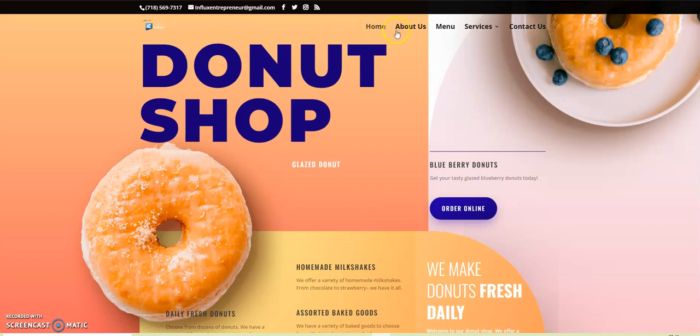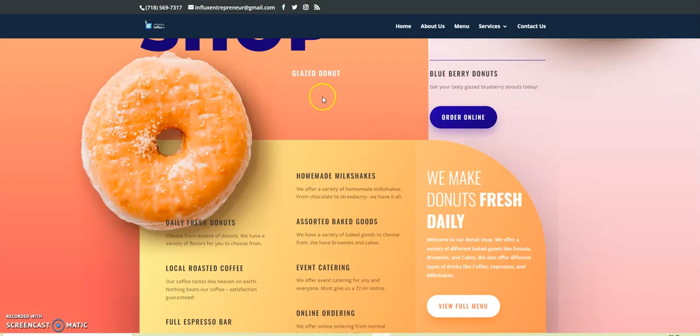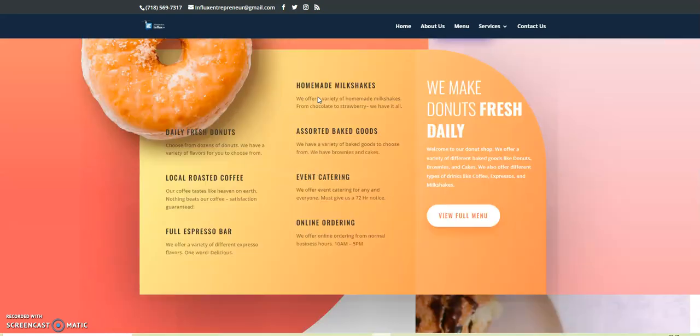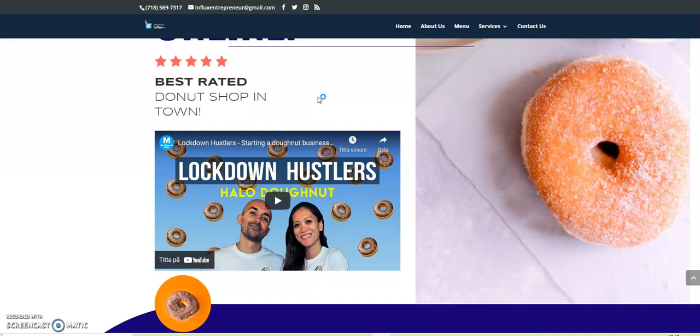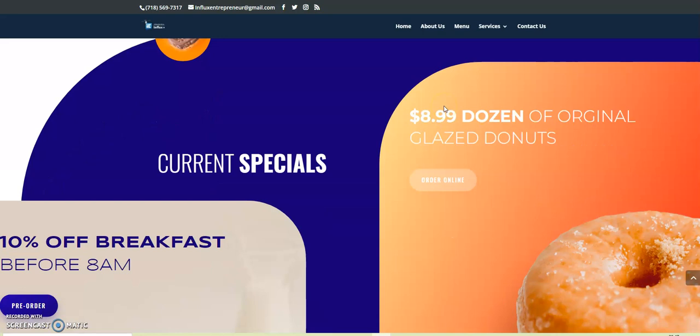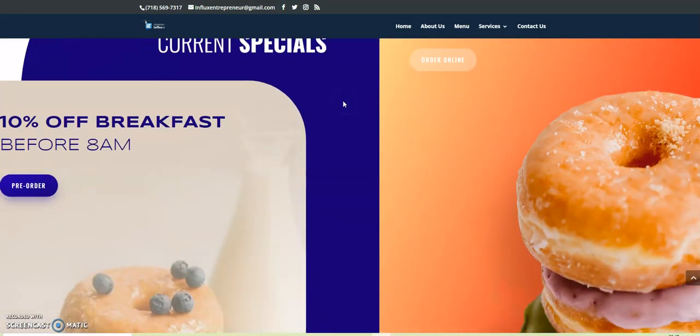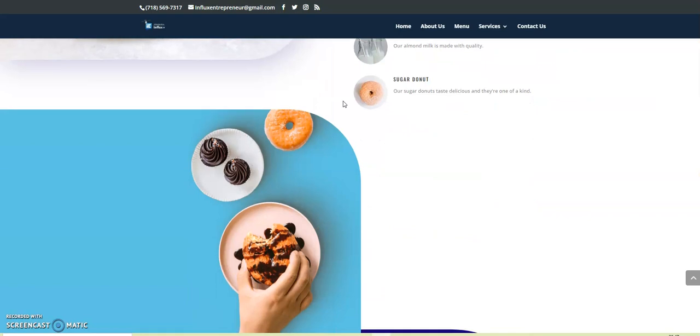Now everything on this page, the text, the images, your pricing tables, everything you see here, you can edit and change to have your site look any way you want it to. So this is a professional looking website. As you can see, it's quality images and so on, and design. Here you can have a video of your shop or something if you want, and here special offers and so on.